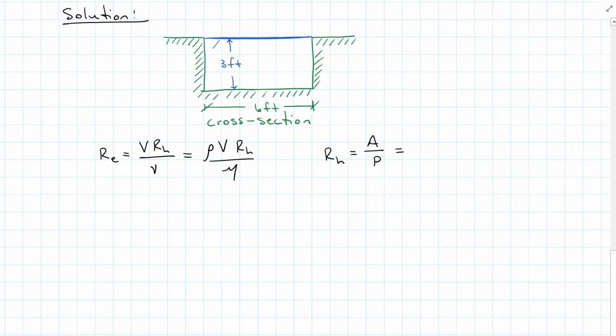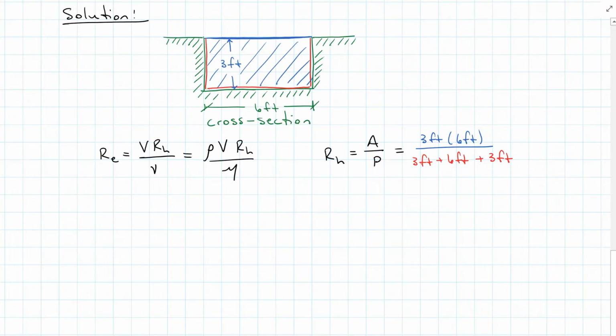So our area is the entire cross-sectional area of our system. So that is going to be 3 feet by 6 feet. The wetted perimeter is only the sides that it's touching in the open channel. So I've got 3 sides here. So I have 3 feet plus 6 feet plus 3 feet. My calculations give a hydraulic radius of 1.5 feet,